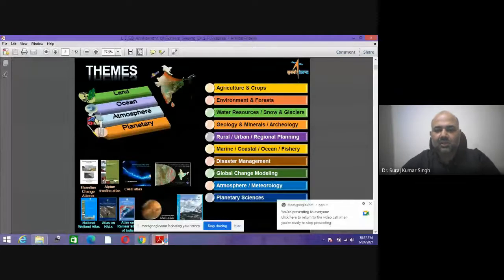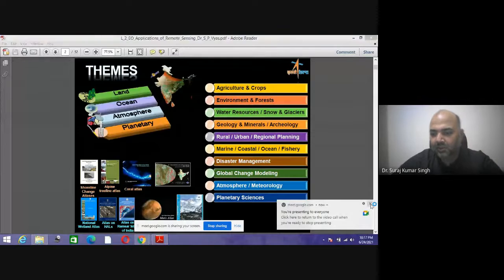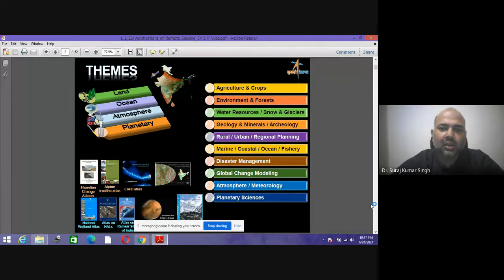So today we'll start up a new topic with the application of geoinformatics in various disciplines. Taking various themes, we'll be taking various applications, we'll be stating how various departments are using it. The prime focus themes that are the prime concern for investigation using remote sensing and GIS technologies: land, ocean,